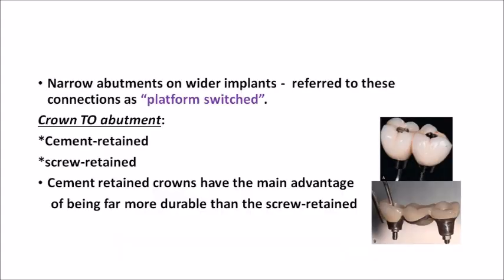Now another important term that may be asked is called platform switching. Usually we place an implant, over that we place an abutment, and the diameters of the implant and the abutment will be matching. Recently we started placing narrow abutments on wider implants. So the implant is our platform, and we are switching the platform. We are choosing wider implants, and over that we are keeping some narrow abutments. These are known as platform switched implants.